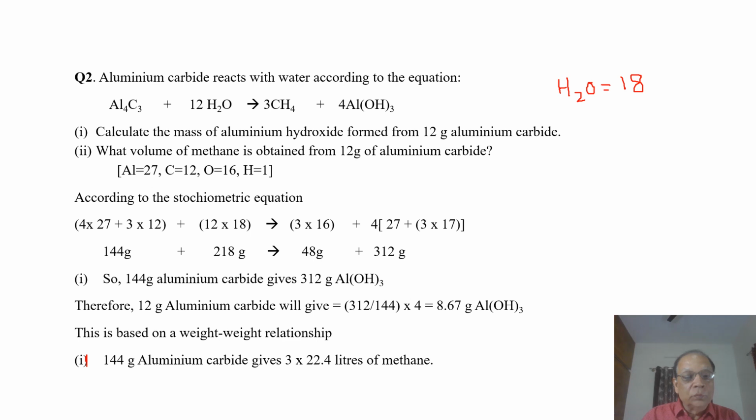Number 2. 144 grams of aluminium carbide gives 3 into 22.4 liters of methane. In my earlier video, I explained that this is the molar volume of a gas. 1 mole of gas at STP occupies 22.4 liters. Suppose the reaction is taking place at STP, then 3 moles of CH4 are formed, in which case the volume will be 3 into 22.4, because the volume for